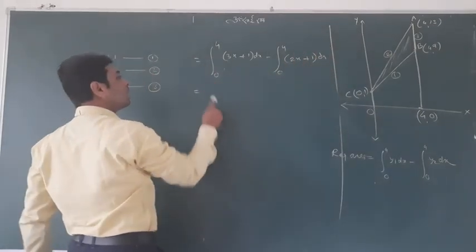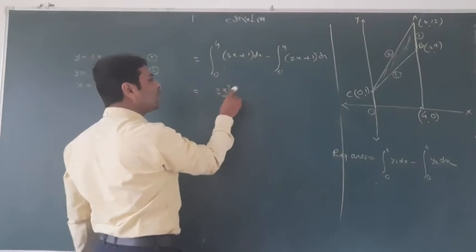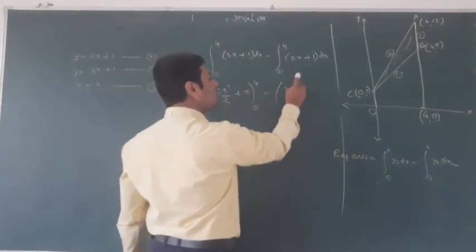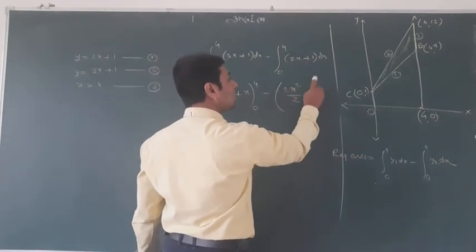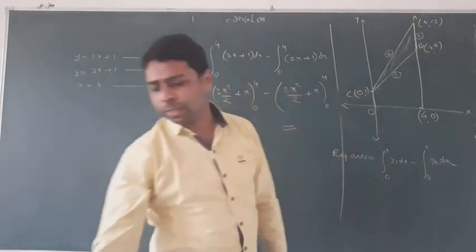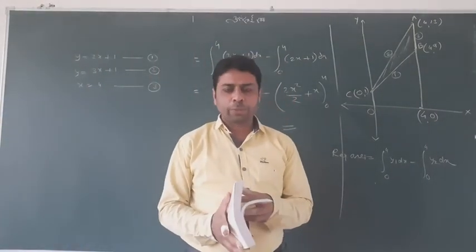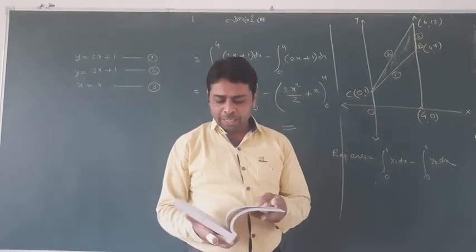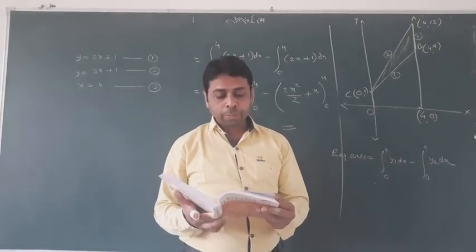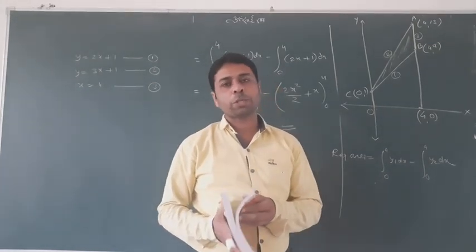And now the last answer, I think it's so easy for you. You do only 3x²/2 + x, and the integration of this gives 2x²/2 + x. And I'm leaving the answer to you because you know how to deal with this problem. Students, I have taught you question number 5, same in the miscellaneous exercise one. Questions number 13 and 14, please make these questions because one of the questions may come in the exam.